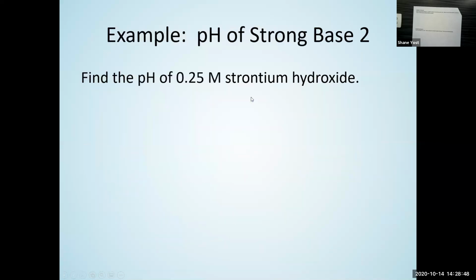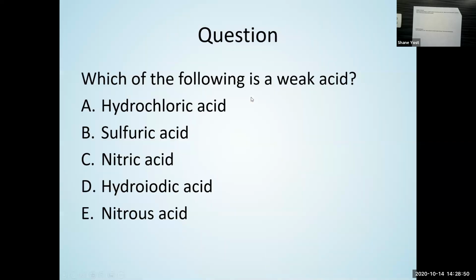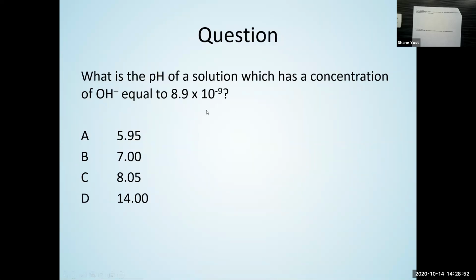And so for this question, I know this solution is acidic because the concentration of OH minus is less than 1 times 10 to the minus 7, which means the concentration of H plus has to be greater than 1 times 10 to the minus 7. So it's an acidic solution, and the only pH here that is a pH for an acidic solution is A,